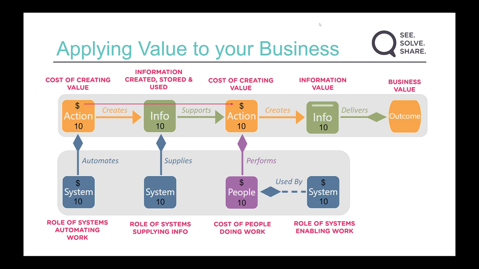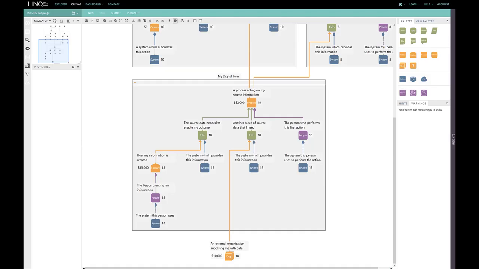The classic being people absolutely have a cost to the organisation, and if we understand how long actions take to perform, we can put the cost of the action into this flow. We then aggregate these costs up to the information output so we understand how much that asset costs to create. So this is the language of LINQ. Now let's take a look in the platform and we'll see how this becomes a reality.